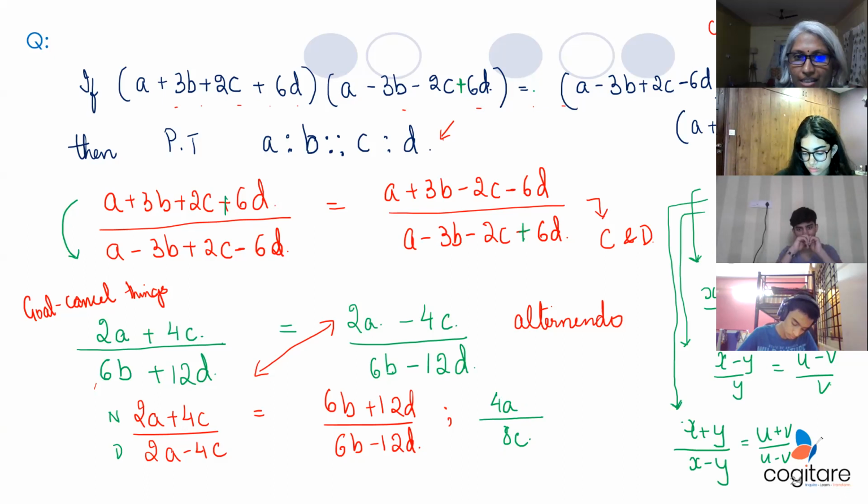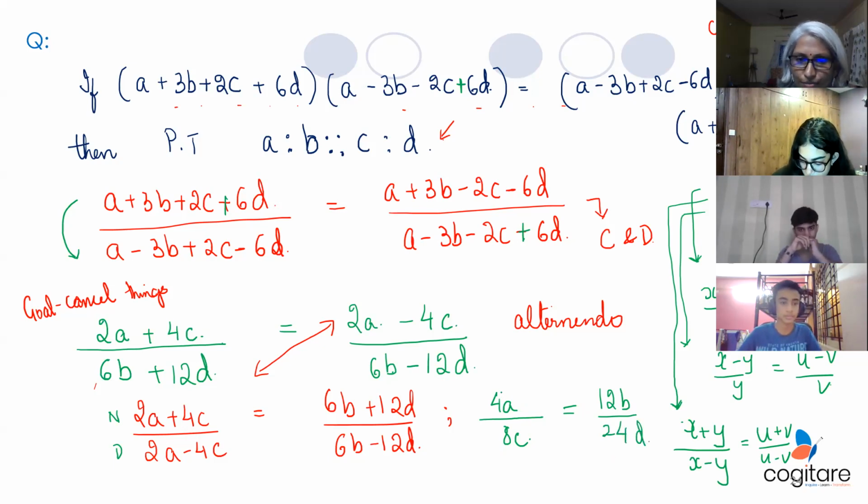Guys, finish on the right hand side for me. Quick, the other students are coming in. Right hand side, numerator plus denominator, Josen. Ma'am, it will be 6b plus 6b, so 12b. 12b upon, ma'am, bottom 12d plus 12d, 24d.